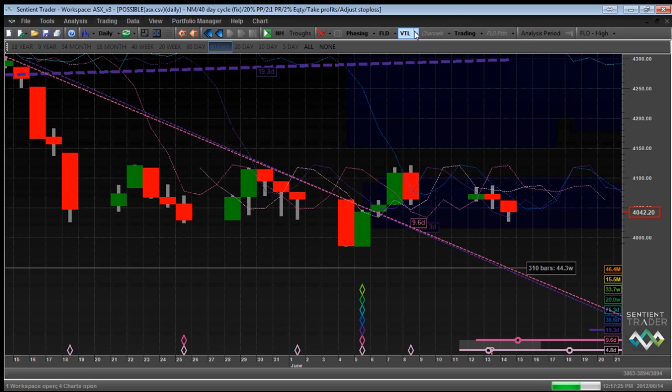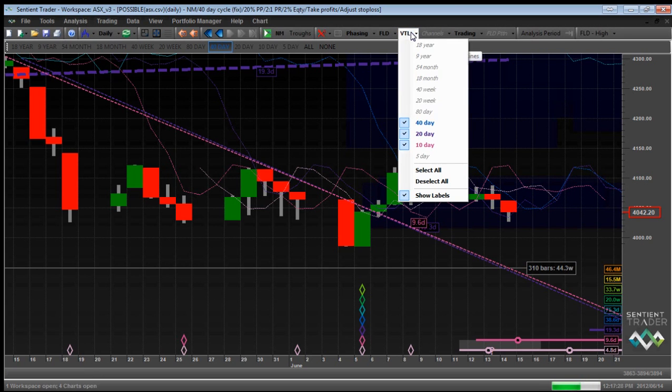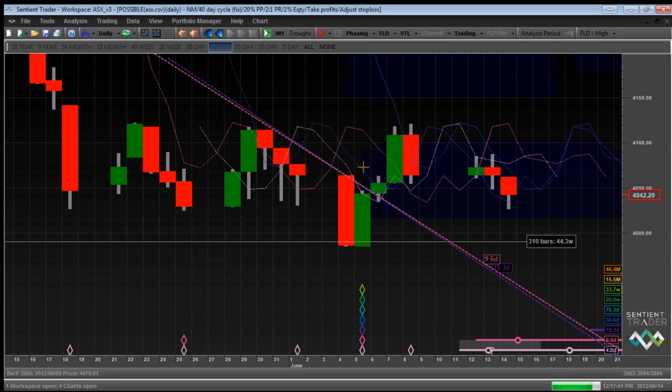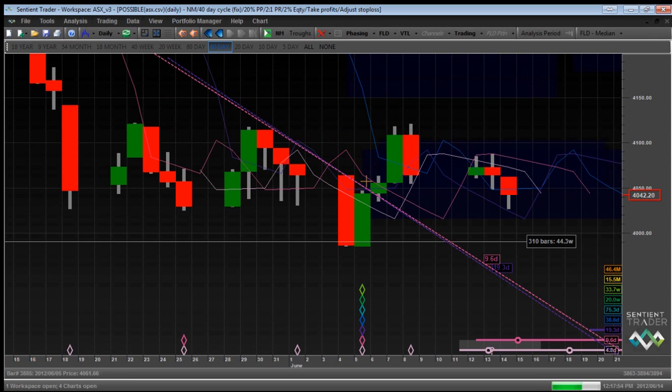So again, I've popped up some of these, and we can have VTLs as well. I think those are the only VTLs that we're interested in, so that's fine. Now let me just stretch this. There we go. I hope that you can see these VTLs. I know with this background it's quite difficult to see. In fact, I might consider changing my background to white for these trader chats, so you can see these things a little more clearly.